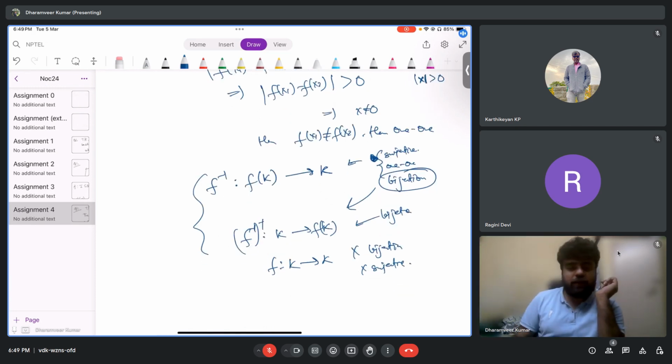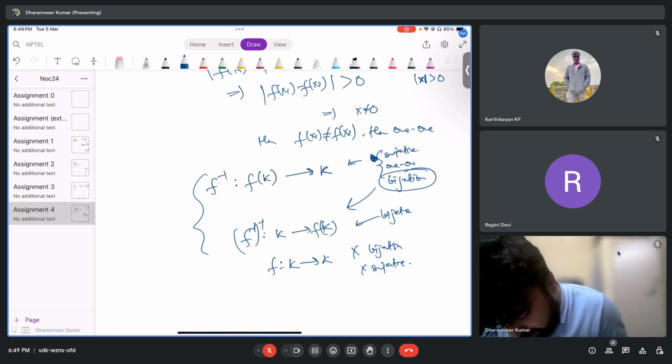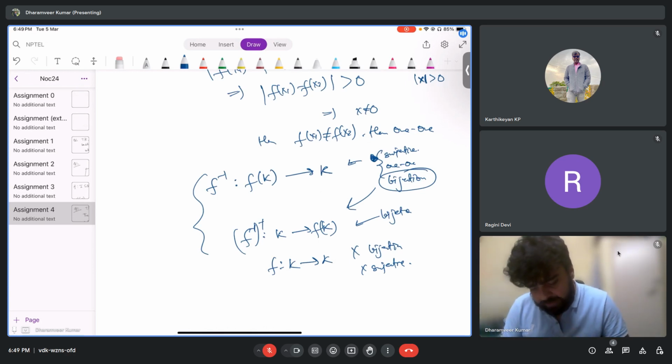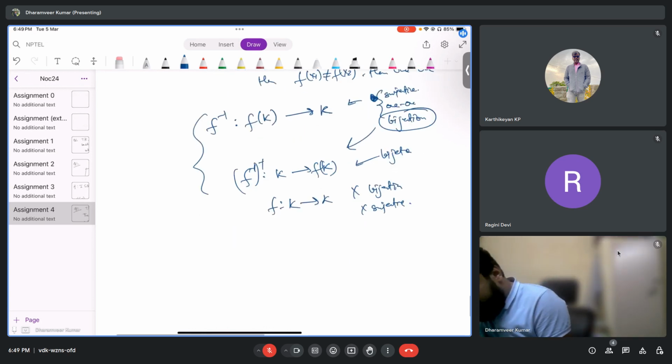But these two are, because of the way we have defined them. Now we want it to be continuous or not continuous, we will have to see. So if I check f inverse of x minus f inverse of y, taking two points x, y in f(K),